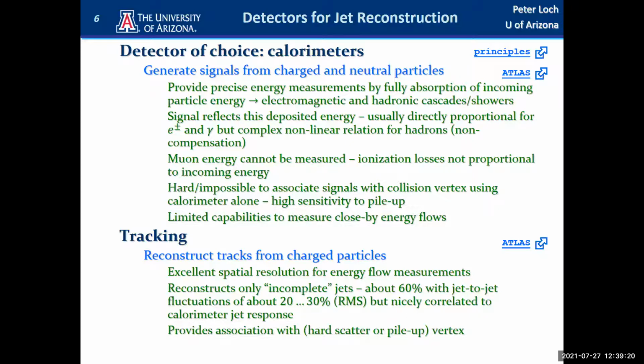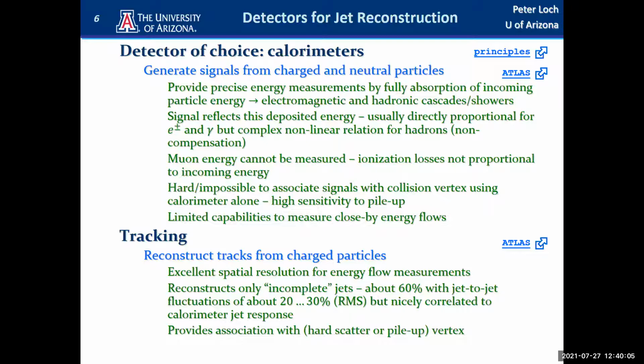The calorimeters are designed for precise energy measurement by fully absorbing the incoming particles and their energy. These particles will produce electromagnetic cascades if they are electrons, or hadronic cascades if they are any of the hadrons we saw. The signal that the calorimeter produces reflects the deposited energy of these particles. And we have to be really careful, because this is not the energy of the particle itself. It's only the energy that the particle deposits in the calorimeter, which is often less than the true particle energy,